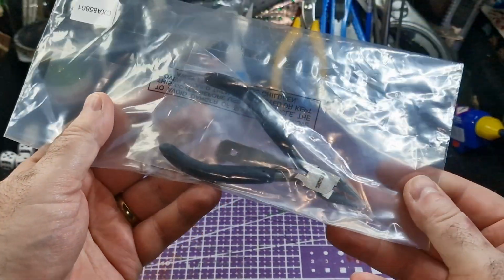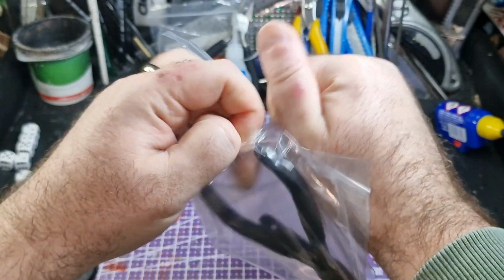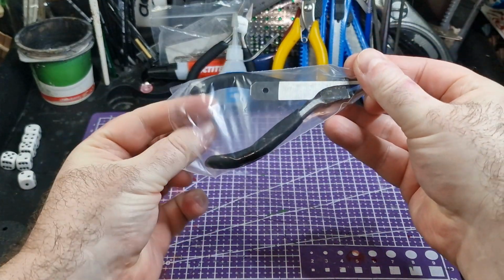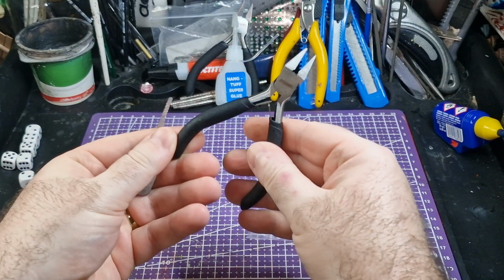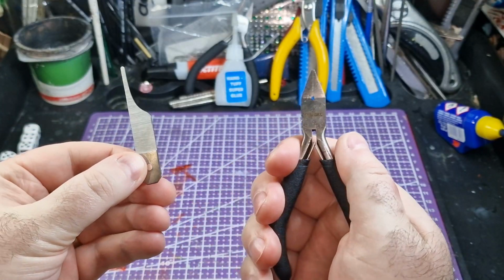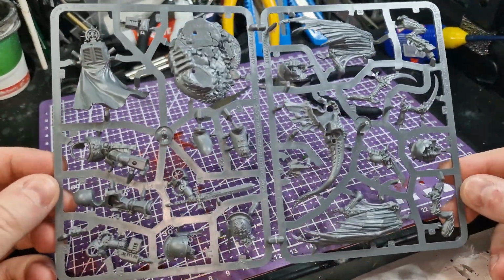For that though, you will need some clippers and probably a mold line remover, and fortunately with the subscription you do get a pair of clippers. If you don't have access to those and you're new to the hobby, you get a pair of clippers and a mold line remover, and actually they're quite decent clippers. You'll see how they work in a minute, but I really quite like them. They feel good in the hand. The mold line remover is a little bit small. I prefer my own old tool, but I will use it for this video. So let's